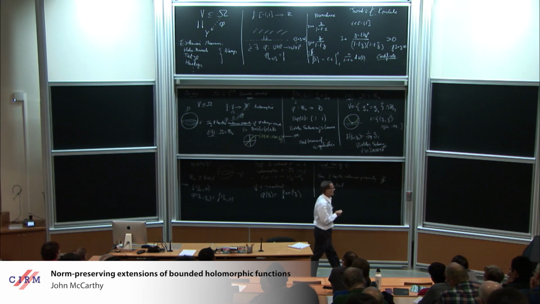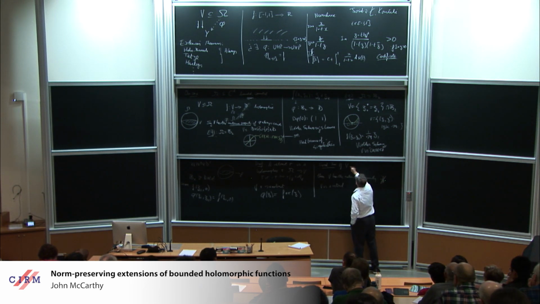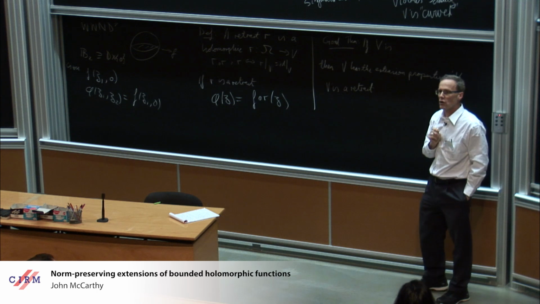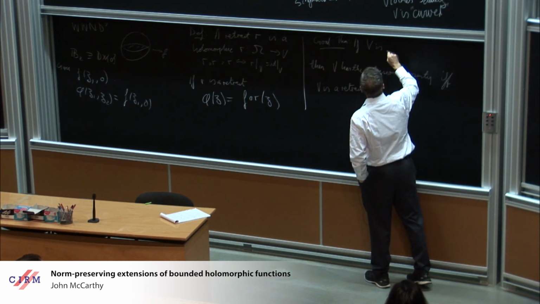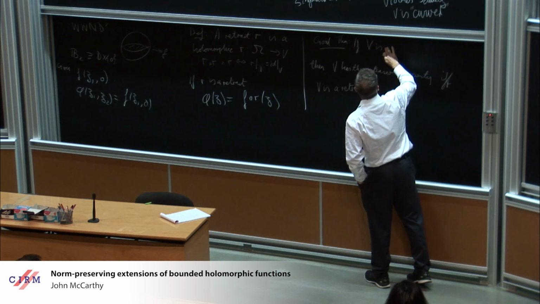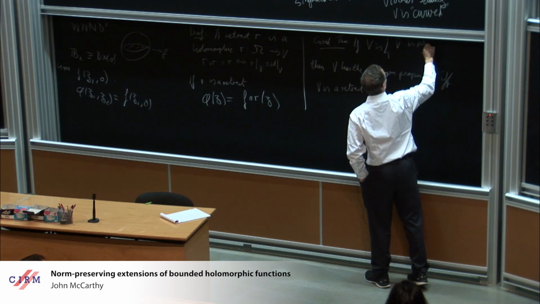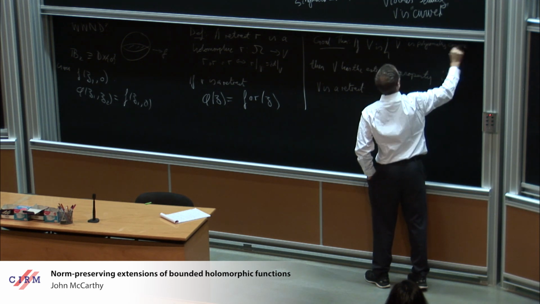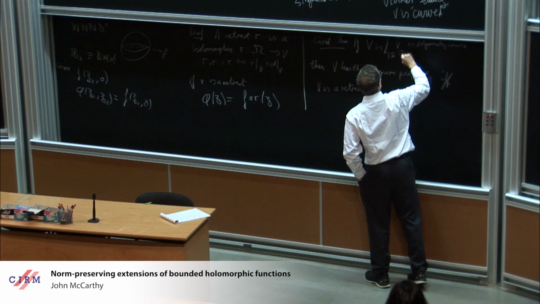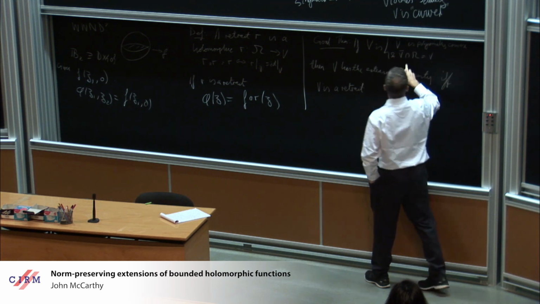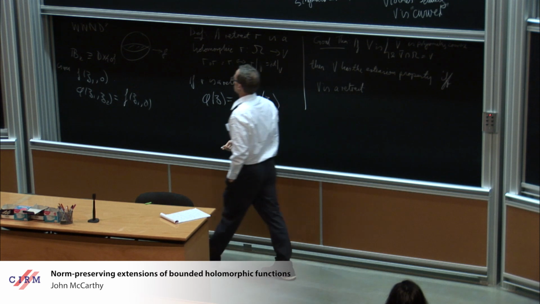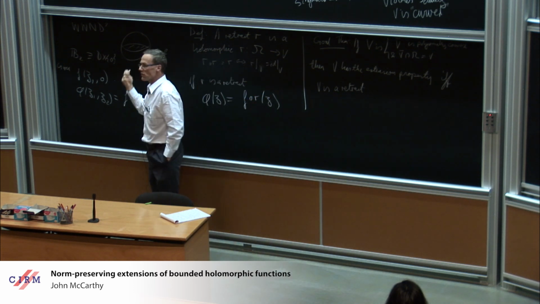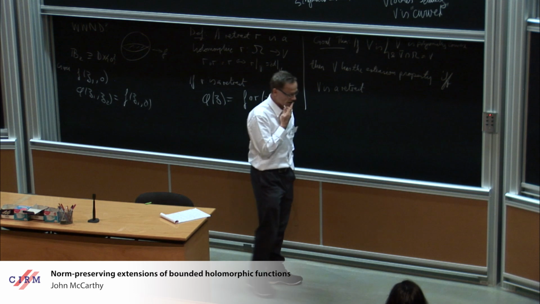So let's be generous to ourselves and say V is relatively polynomially convex, which means the closure of V is polynomially convex, and the closure of V intersect omega is V. So this means it doesn't have any holes. If I just removed a point here, I take the punctured disk, that would violate this second condition.